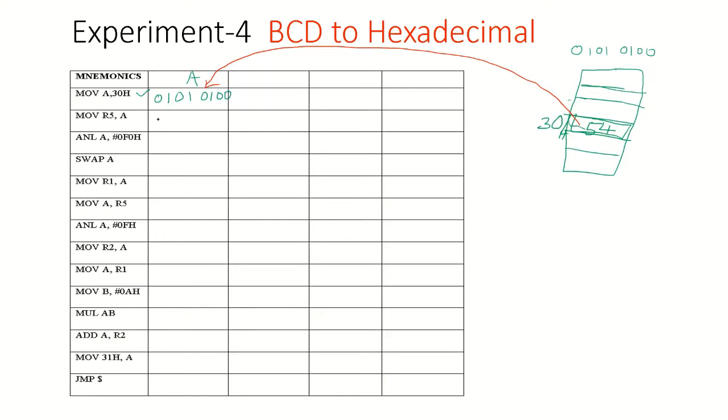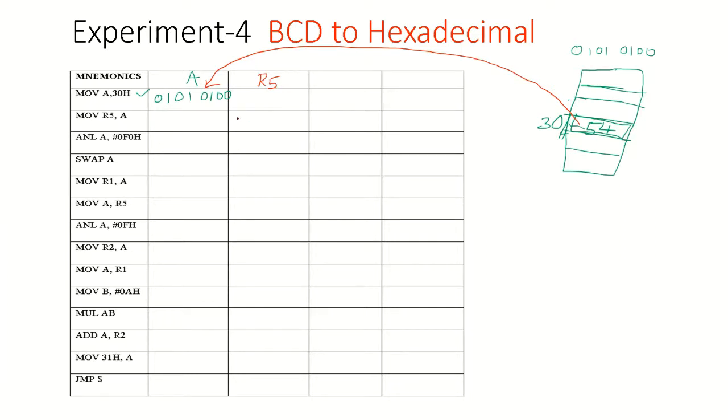Okay, first instruction. Then you are moving whatever is available in the accumulator to the R5 register. You know what the R5 register is. In this instruction, you are moving the content of the accumulator to the R5 register.